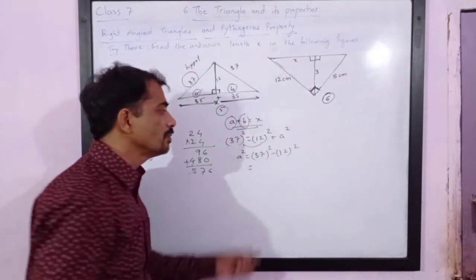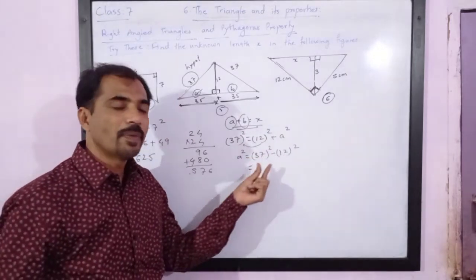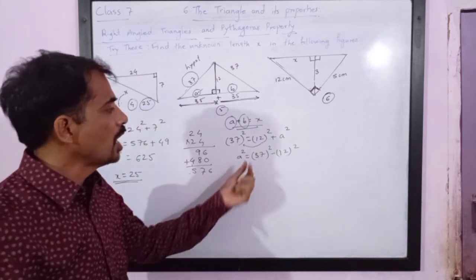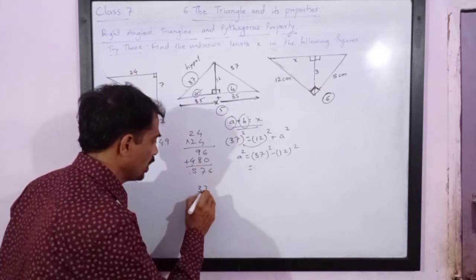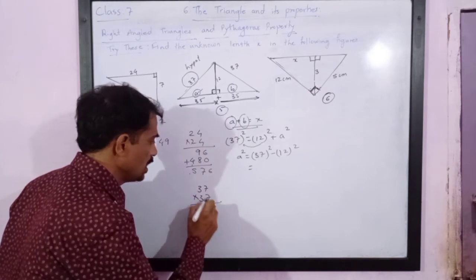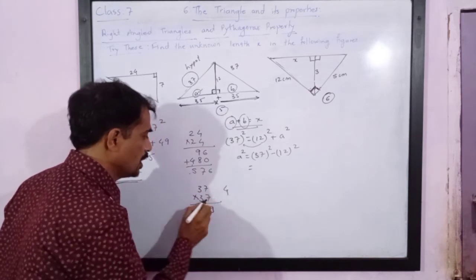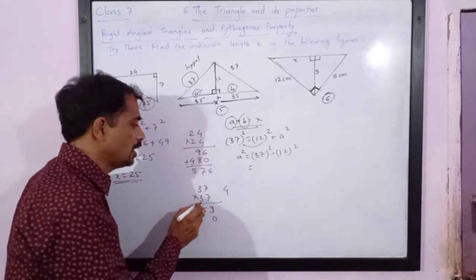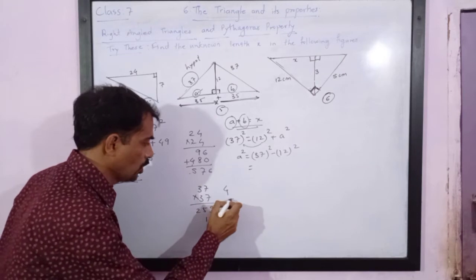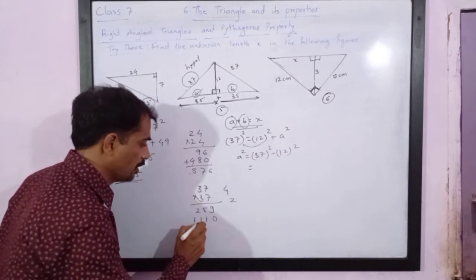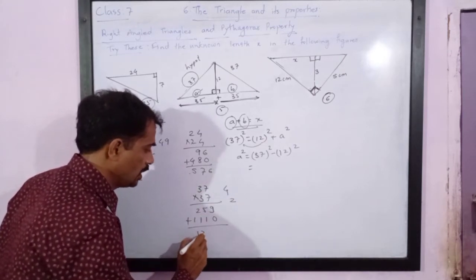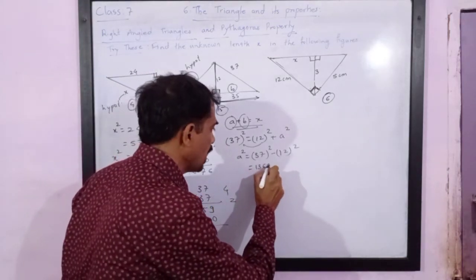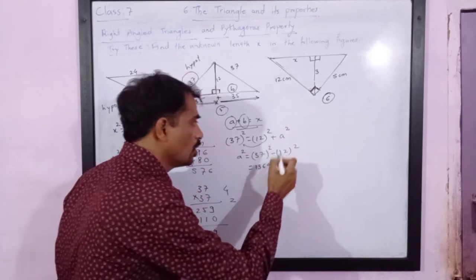Now if you solve this, you can solve it as a plus b into a minus b, or you can square it and do the subtraction. Now 37 square is 37 into 37. 7 sevens are 49, 4 carries, 7 threes are 21, 21 plus 4 is 25. And 3 sevens are 21, 2 carries, 3 threes are 9 plus 2 is 11. If you add, you will get 1369. So 37 square is 1369, minus 144.